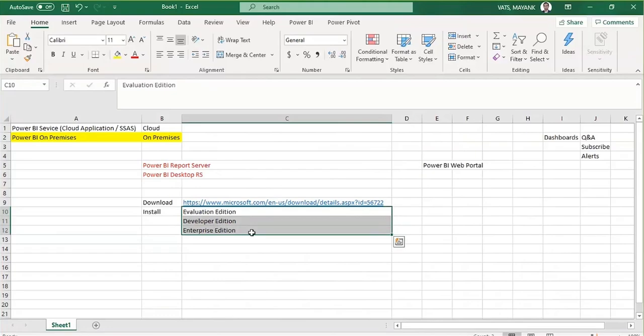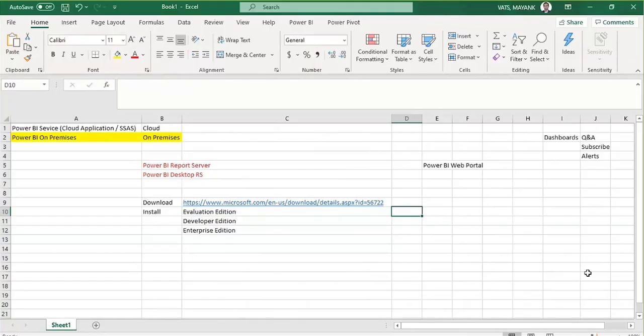The difference is only in terms of money and license. The evaluation edition, as the name suggests, is for evaluation purposes, for doing some R&D or research only, and it has a validity of 180 days. It's kind of a trial, which you can use for 180 days.